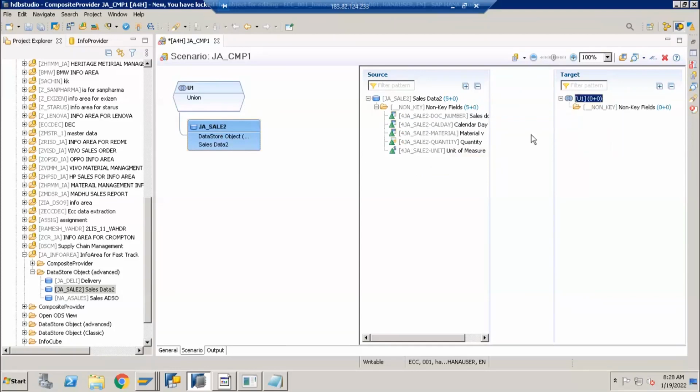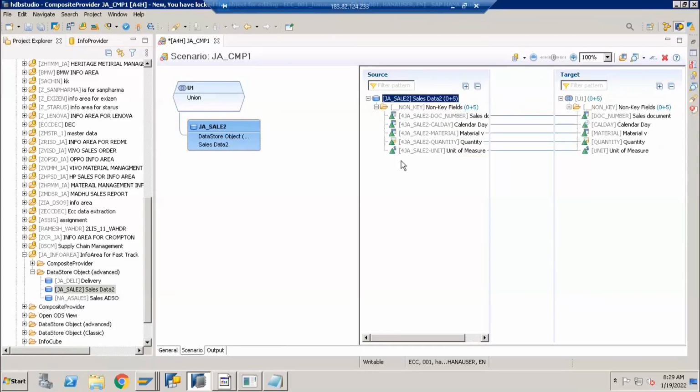Remove fields, or right click on the parent DSO and create assignments. Then it will create assignments for all the fields in the DSO, meaning it will add all the fields from your DSO into your target composite provider. The right hand side is representing the composite provider output structure. The left hand side is representing your provider.